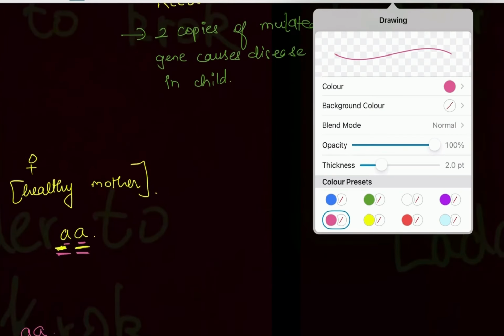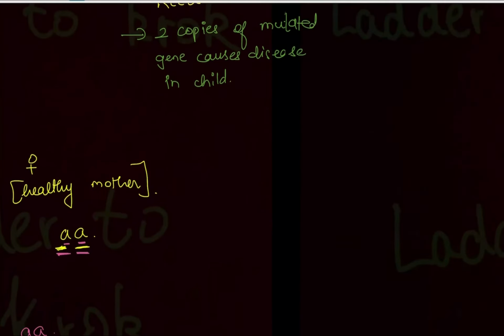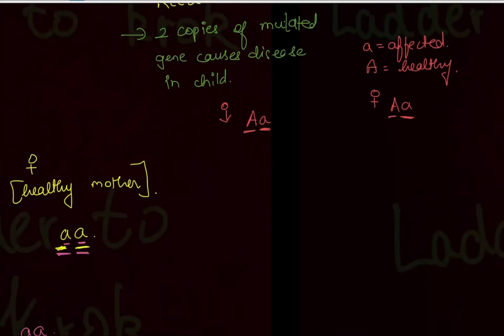For recessive, let's understand it with the help of an example. This is for male and this is for female. Here the small a is affected. So small a, the recessive one, is affected, and capital is healthy, or you can say normal. If I make the combination, then this capital A can be paired with capital A and small a. Writing the combinations, the small a can be with capital A and small a. So small a, capital A, small a, small a.